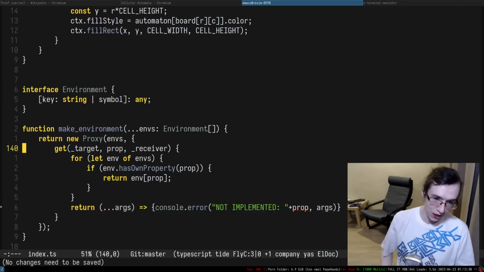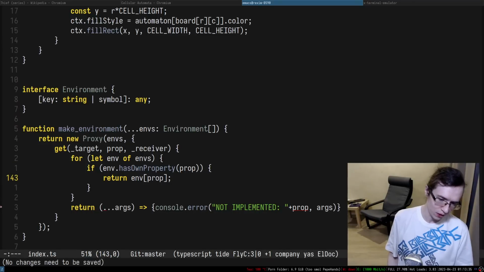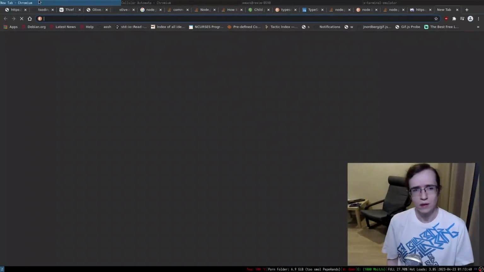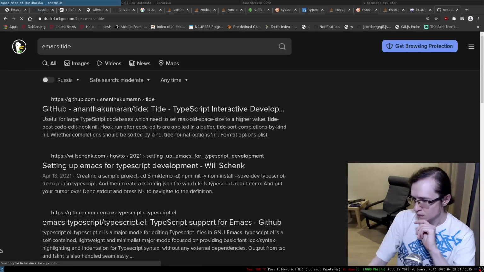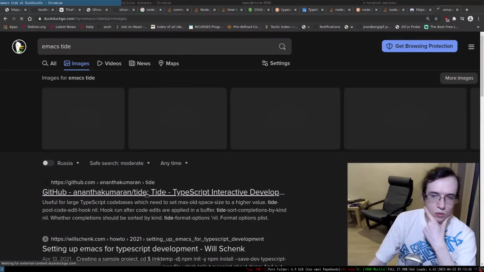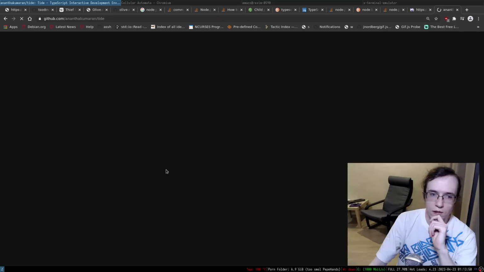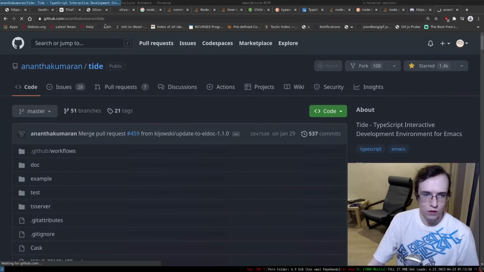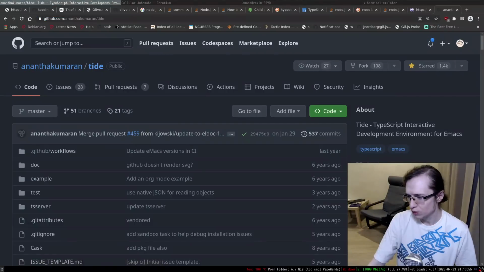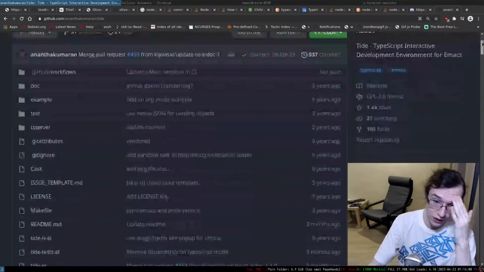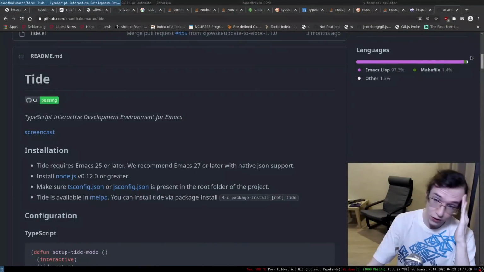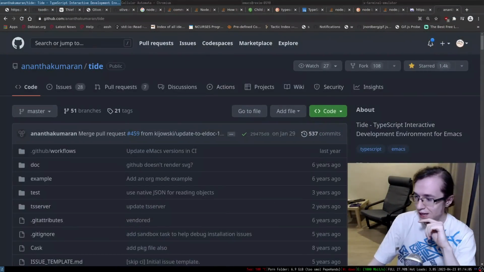What the fuck, an LSP? This is something that comes with the Tide. I'm using Tide. Emacs Tide. So... yeah. I'm using this thing. I installed it a long time ago, and it just works. It's one of the rare extensions that I just installed, and it just fucking works. I never configured it, I never did anything to it, I have no idea how it works, but somehow it